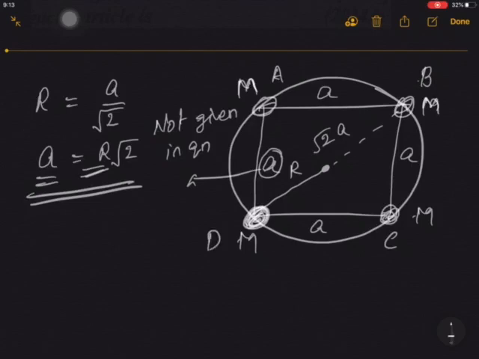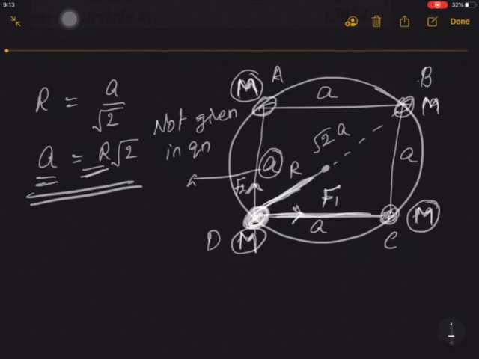So if you are taking this a, b, and this is c and d. Let's calculate the net force acting on the d. इस तरफ F1, इस तरफ F2. This side F1 force will act, this side F2 force will act. This is M, this is also M, this is also M, this is also M.